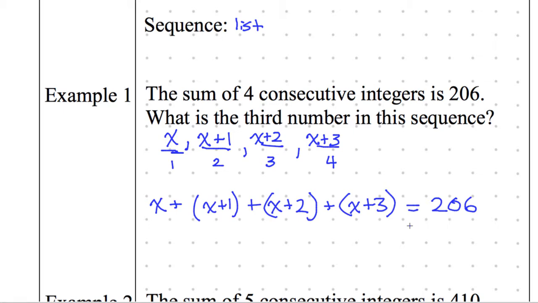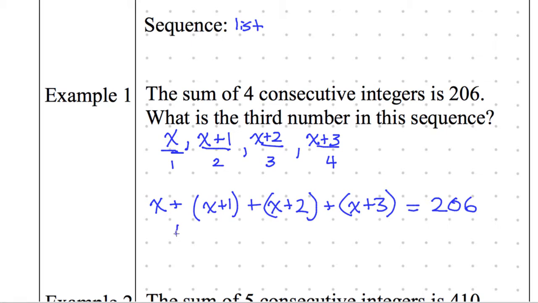I need someone with a quiet raised hand to simplify the expression on the left-hand side of the equality. How do I simplify all of this? Let's add all the x's, add all the constants. What do you get? How many x's? How many numbers? Add them all up. What do you get? I prefer calling on someone I don't normally call on. But if not, that's okay. Fernando, go for it.